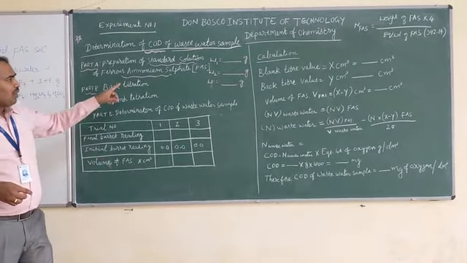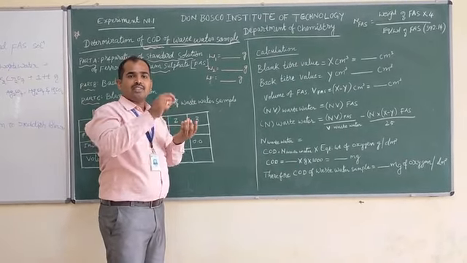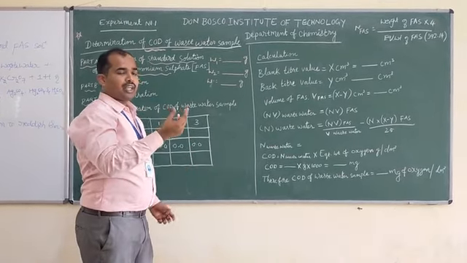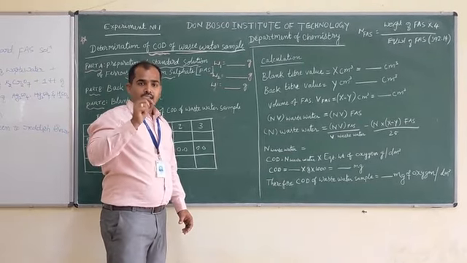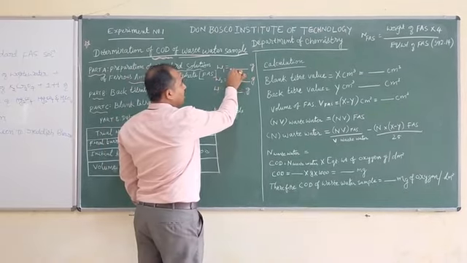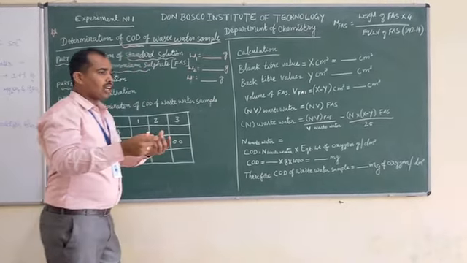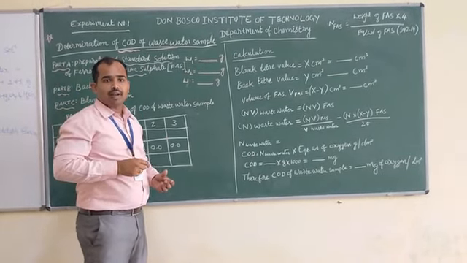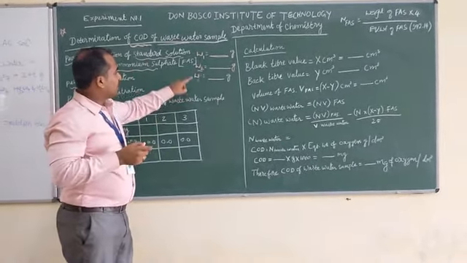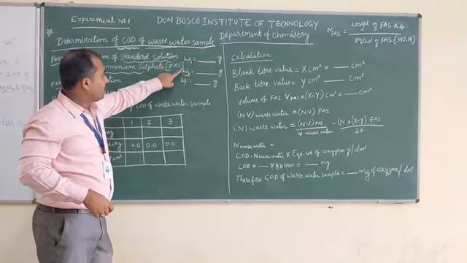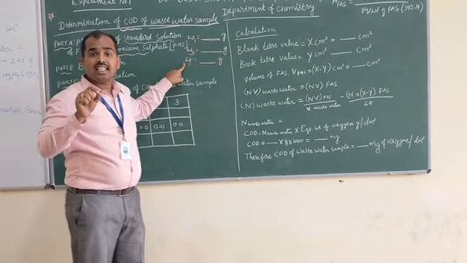Here we have to take a known weight of the ferrous ammonium sulfate crystals and transfer it to the weighing bottle, and we have to take the weight of the weighing bottle along with the FAS crystals with the help of the digital weighing balance. Then note down the reading. That will be taken as W1. After that we have to transfer the crystals carefully into a volumetric flask. Then we have to note the weight of the empty weighing bottle. That can be considered as W2. The difference W1 minus W2 will give the amount of FAS crystals taken in the volumetric flask.